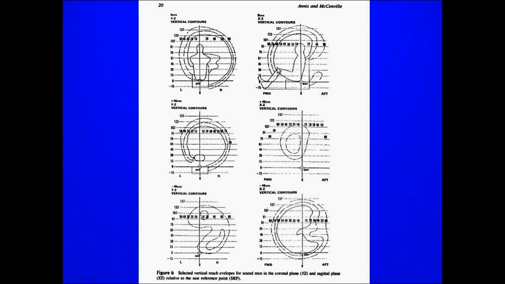This is the front contour, reaching in front. The XZ coordinates, the first one were the YZ coordinates, and these are different views that you can see in terms of reach parameters. Right here with the YZ in front of the person. This is an overhead view that you see of the reach around, and then the same thing here with the YZ vertical contours in terms of those reach envelopes that you can do with your hand and be able to